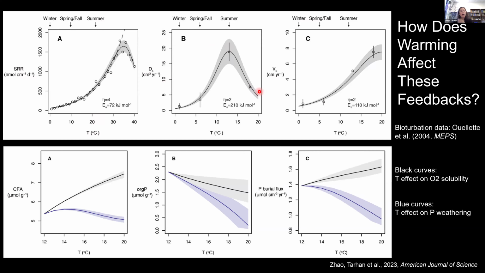So thinking about how organismal bioturbation activity will shift under different temperature regimes, but also coupling that with a more quantitative exploration of the number of other biogeochemical factors that may shift with warming, such as rates of microbial respiration, of sulfate reduction, or rates of authigenic mineral precipitation, such as CFA precipitation, or the temperature effects upon the solubility of oxygen in ocean water, or even changes in continental weathering and the supply of fresh phosphorus to the ocean system.